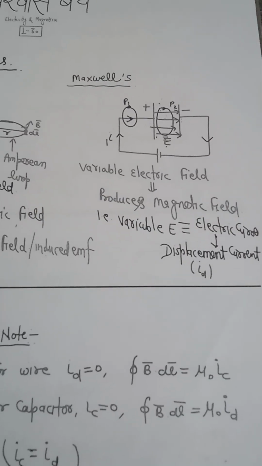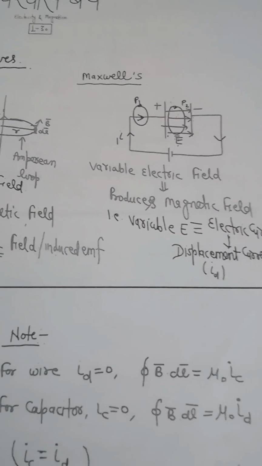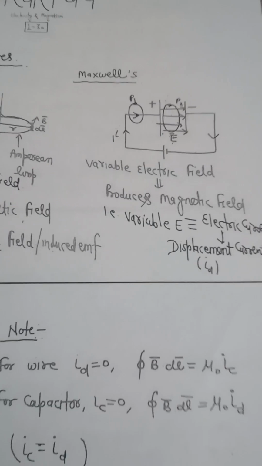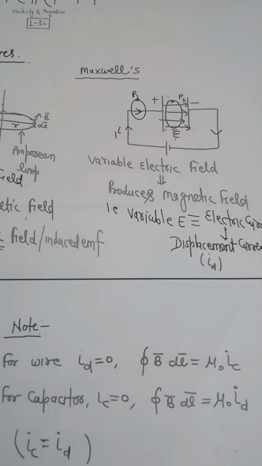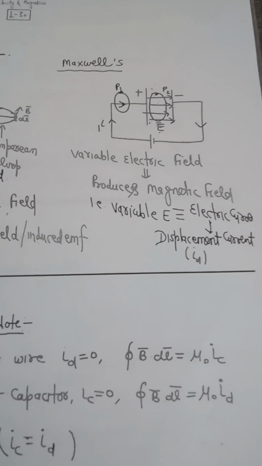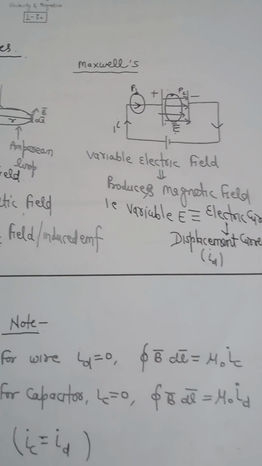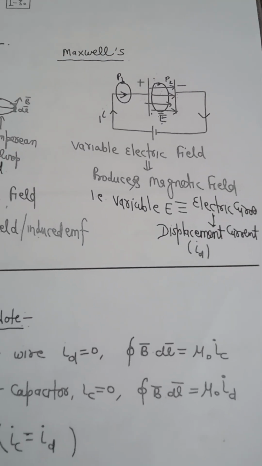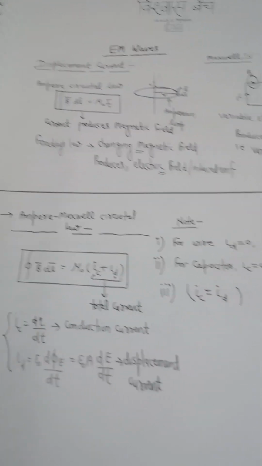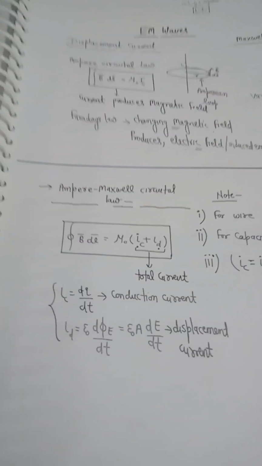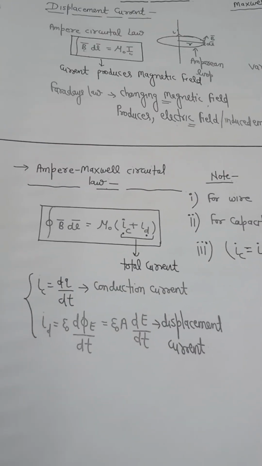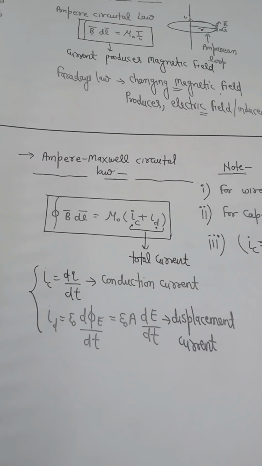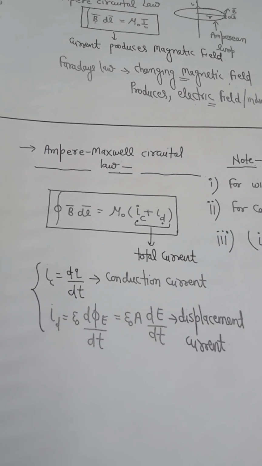It is a circuit. Here current I flows, and there are two plates, plus and minus. So here a variable electric field produces a magnetic field, and that variable electric field is equivalent to an electric current, that is displacement current. Okay, so now we are discussing the Ampere-Maxwell circuital law, and this is the formula: closed